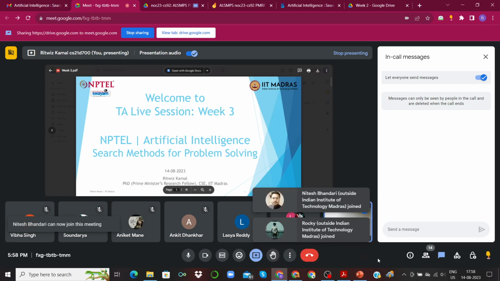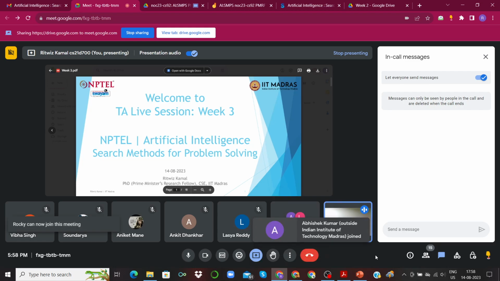Last week we had discussed some questions from week 2 content, which was mostly dealing with depth first search and breadth first search, along with depth bound depth first search and DFID, which is depth first iterative deepening. Some of you had requested some examples on DFID, and I had pointed you to some examples that were shared by Bhaskaran sir in the lecture notes. I hope that helped with the assignment.